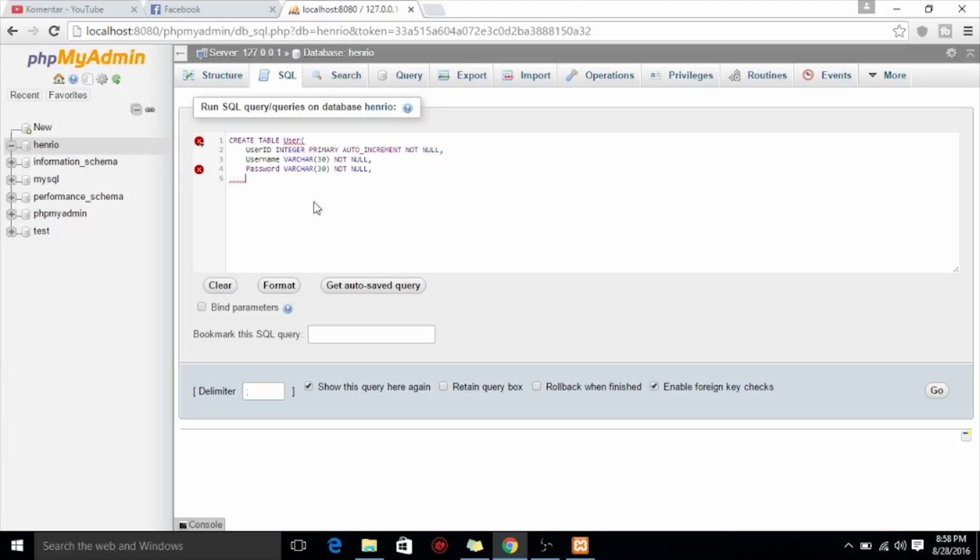And I want to store the user creation date. It is create date. You need to use datetime to store the dates and also the clock times. And I will say not null. And on the last field you don't need the comma, and you need to close the brackets here